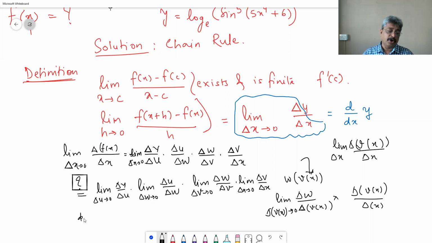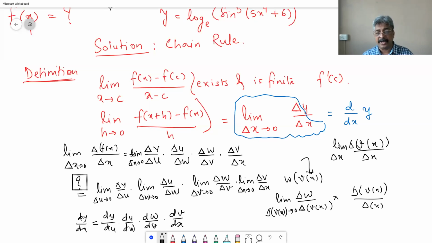That means if you want to find out dy by dx in this case, then it is dy by du into du by dw into dw by dv into dv by dx. That will be your dy by dx. It is as good as your algebra. Even though these are not ratios, these are operators, but it will behave like a ratio in algebra. So we need to answer